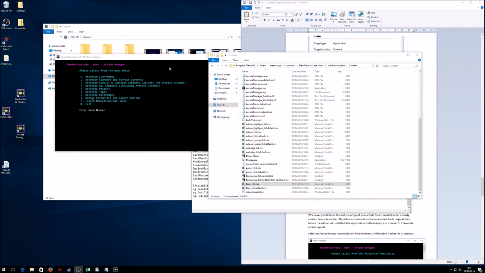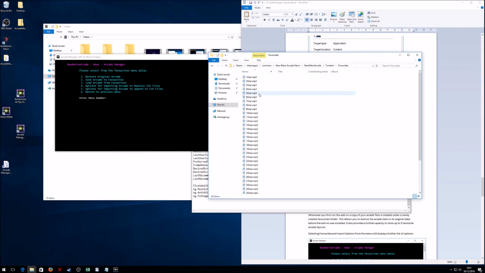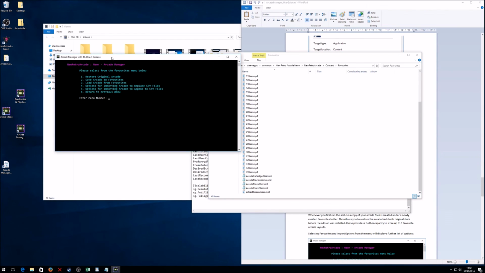Okay, and I've got a couple more features to just show you that I haven't touched on yet within the Arcade Manager. We have the Manage Favorites and Import options. One of the options that's available now is whenever you first run the Arcade Manager, it will take a copy of your original arcade. It basically backs it up and puts it into the favorites folder. So you can see in here that it's taken a backup of all of mine the first time I ran. And I can restore that at any time